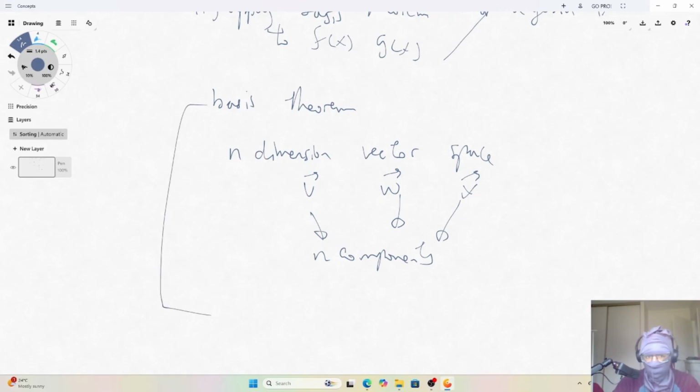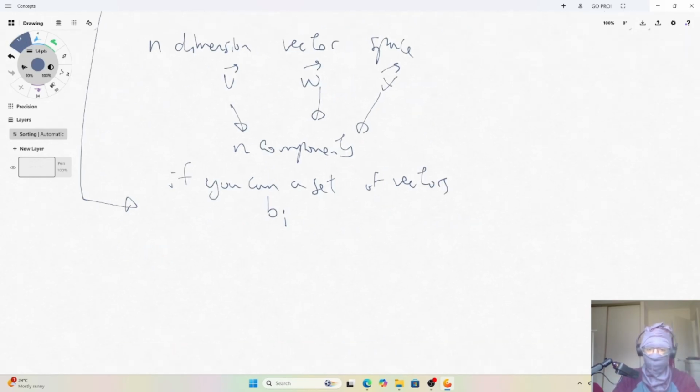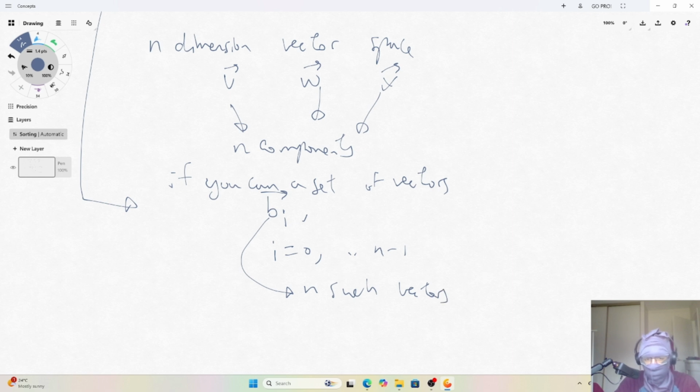And the basis theorem says that if you can find a set of vectors b_i, where i ranges from 0 to n minus 1, which means that there are n such vectors, if you can find such a basis of n such vectors such that